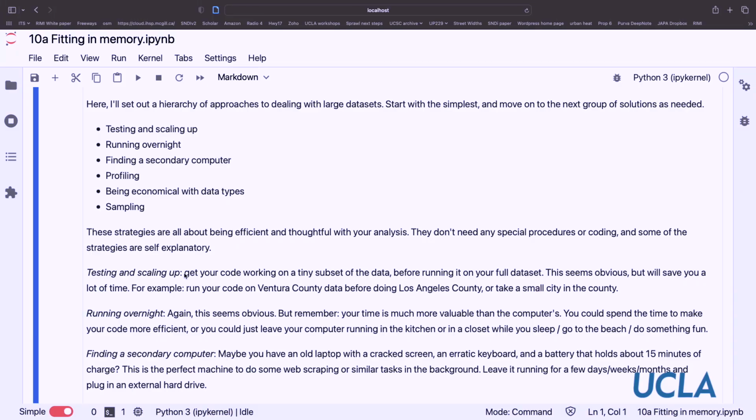You could find a secondary computer. Perhaps you have an old computer with a cracked screen that you can just leave in the corner to run over a few days, or borrow one in a lab. This is particularly important for something like web scraping, where you have to leave the computer running for a long time if you want to capture, say, more recent Craigslist posts. Get an old computer, run it in the background, put it in the corner of your office or apartment, and as long as your internet connection doesn't die, it's going to be happy chugging away